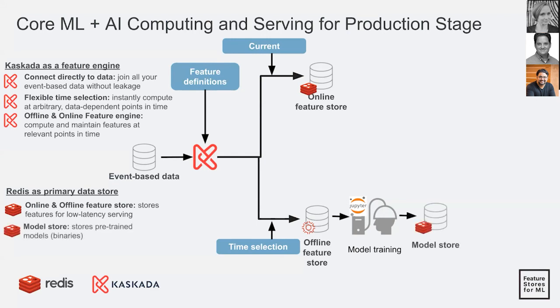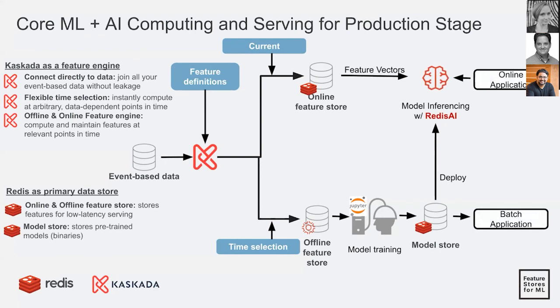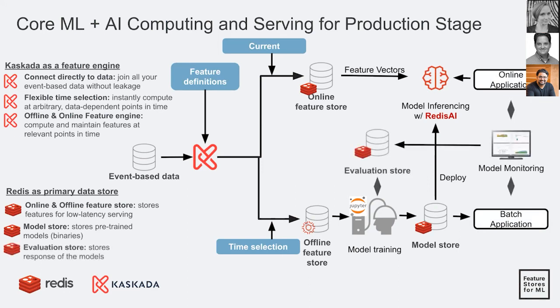Once you finally have this, then you could use Redis as a model store, where you can actually store the binaries, metadata, and various artifacts that can really improve the overall delivery of features being delivered to the models. And then as you take it a step further, this could feed into the inferencing. Redis AI is an inferencing module where it actually co-locates the models with the data, but you could actually do the serving through any other solution there. And the more you can instrument and add monitoring capability, another manifestation of using Redis is as an evaluation store. You can actually store the model performance data.